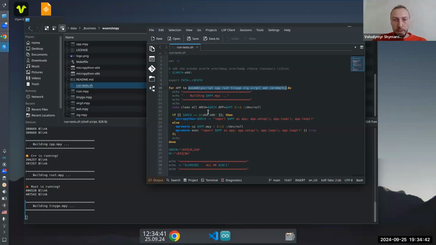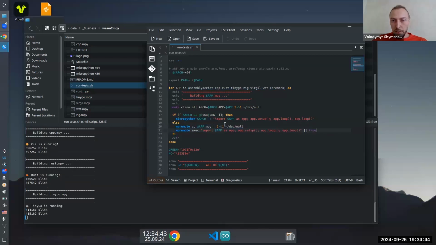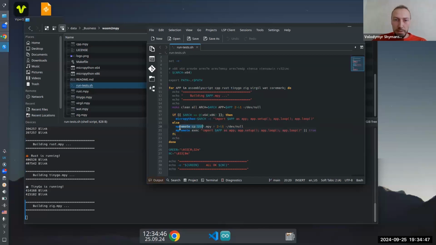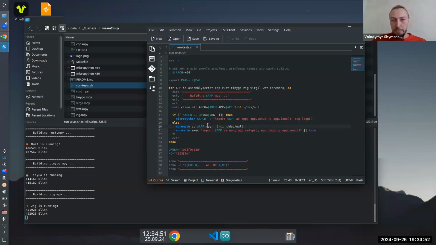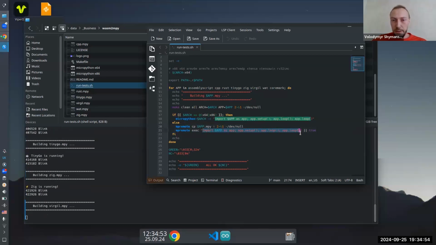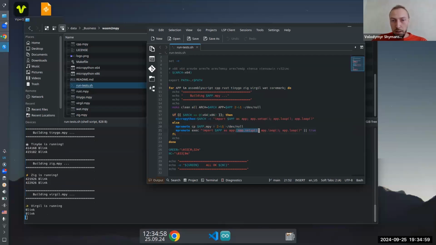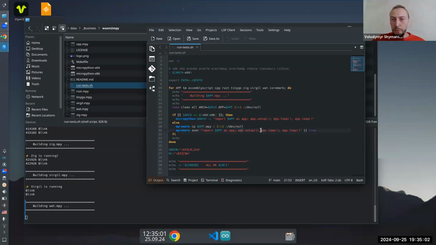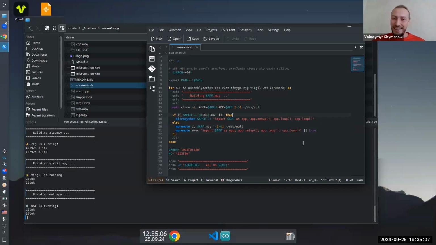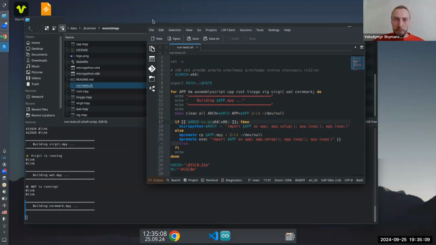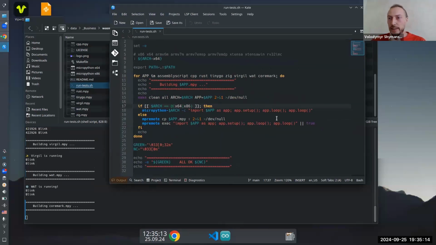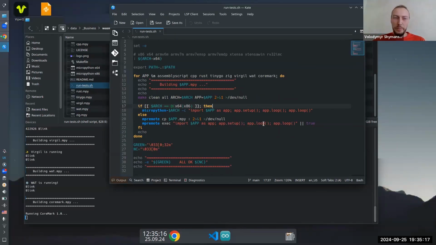And if the architecture is not something that we can run locally on the host machine, then we are calling mpremote. We are just uploading the resulting mpy file and executing. We are importing the module, and then we are calling setup, and then we do just 2 cycles of a loop. I hope you can see the code. That's just for a test. I'm performing 2 loops.